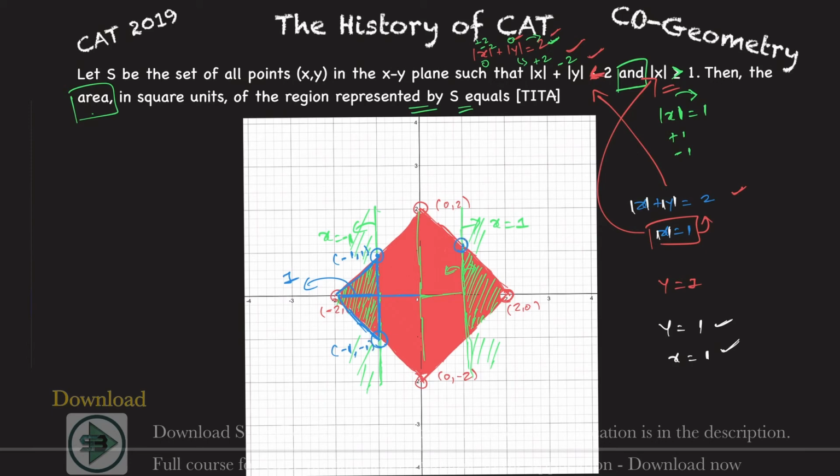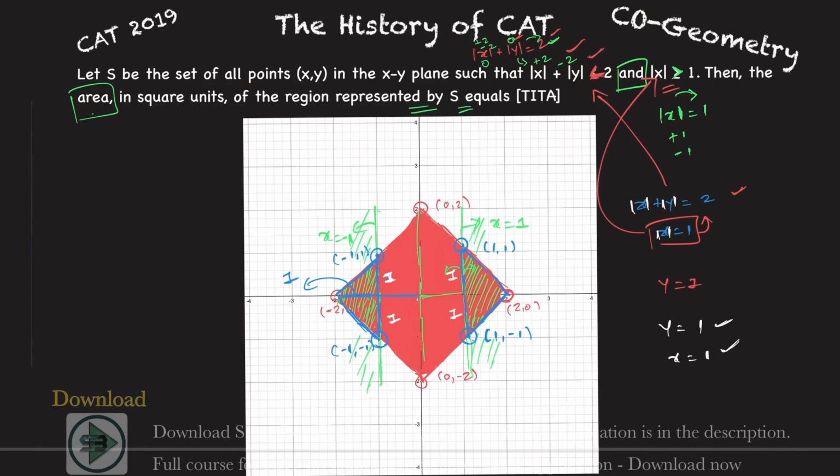Similarly, what will you get here? This region is quite similar to this. So x will be equal to 1, and y will also be equal to 1. Both are positive. And if I were to represent it in this region, x will be equal to 1, and y will be equal to minus 1, and that's how simple it is to reach the solution of this. So what do I understand from this? If this is 1, this is 1, this has to be 1, and so is this 1.